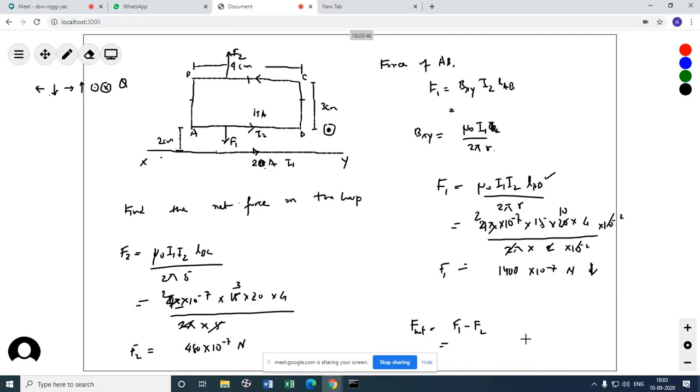The resultant will definitely be in that direction. So the whole coil will try to come towards XY, because the net force F1 is heavy and F2 is less heavy. So definitely the net force will be towards XY. So it will be this direction. Got it? You can easily say that. Understood? The net force will be 920 into 10 to the power minus 7. That is the answer. I hope you've got it.